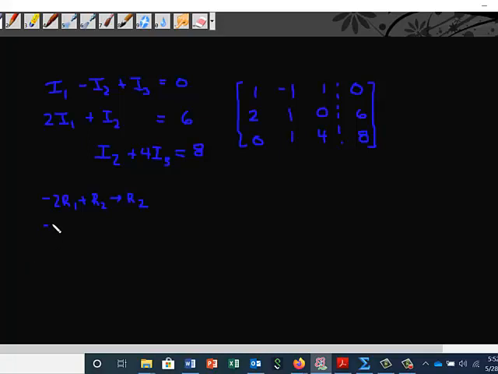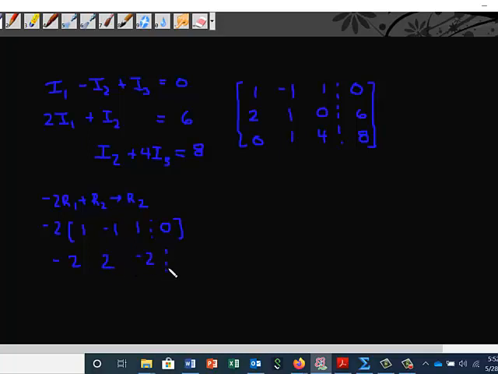And how we do this will be 2 times 1, -1, and 1, and 0. And so this will be -2, this will be +2,